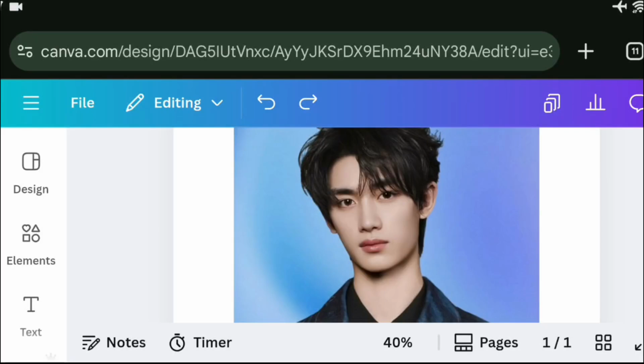Hi everyone, in this quick tutorial I will show you how to easily change or adjust skin tone in Canva using the brush tool. It's super simple and completely free. So let's get started. First, just open your Canva and then create a new design or just open your old